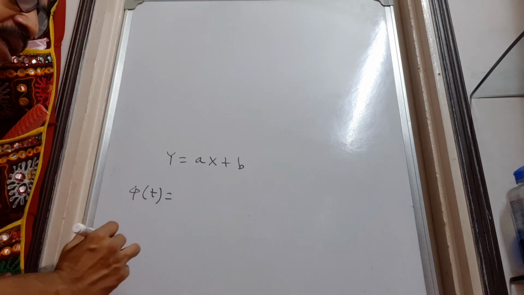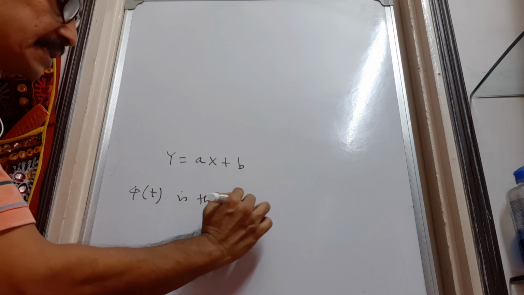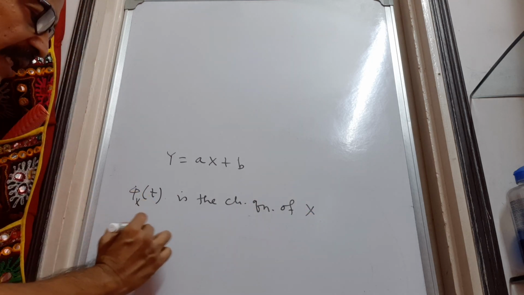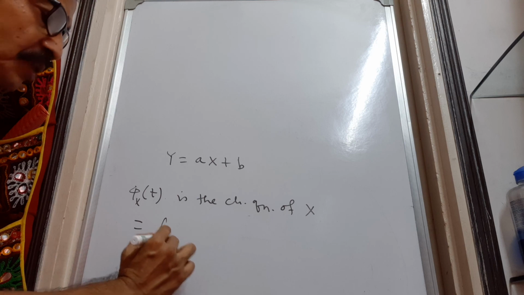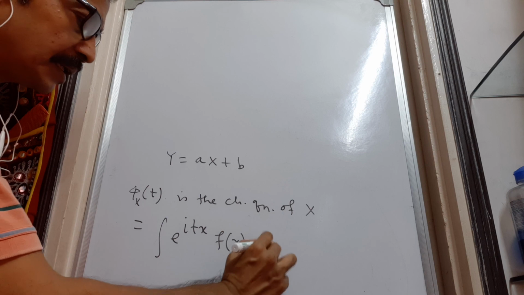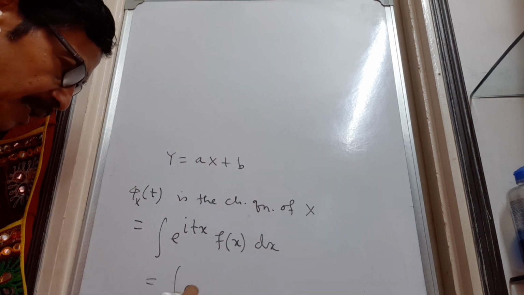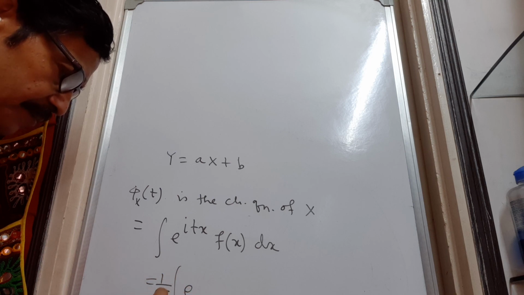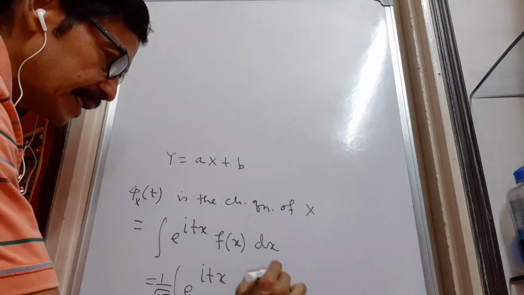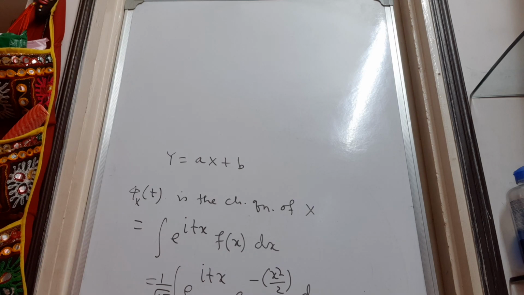Just see, if phi t is the characteristic function of x, then we may write it as phi x t. Then what is it? It is the integral of e to the power i t x f x dx. So, in case of normal distribution, it becomes 1 by root 2 pi e to the power i t x e to the power minus x square by 2 dx. Okay. So,